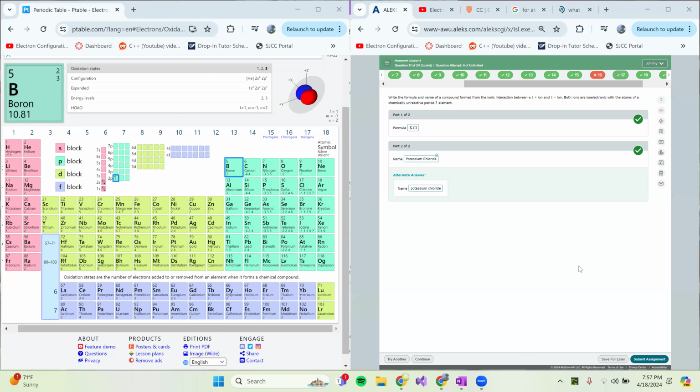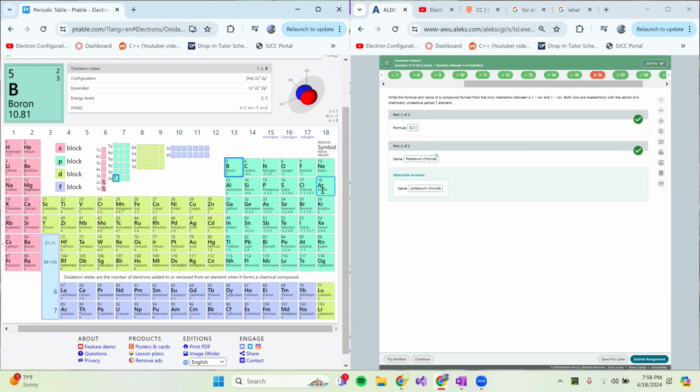Question 17. So it's asking you that it has the same isoelectronic. That basically means the same amount of electrons as an unreactive period three element. So you go to period three, and that's going to be here, and that's argon. And it's unreactive because it's a noble gas. They don't want to lose or gain electrons. They're unreactive. And the compound